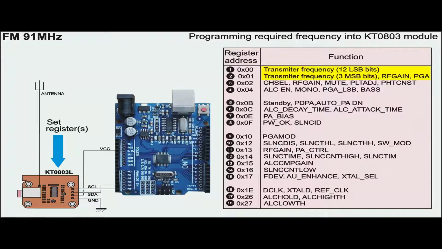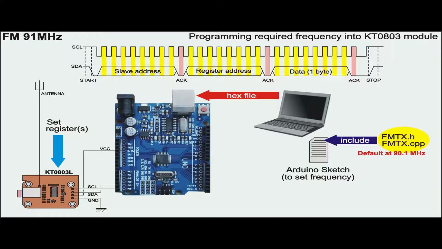Inside the KT there are 18 registers whose data can be changed by the user. For example, changing registers 1 and 2 will change the transmitting frequency. Each register has a default value so that a lazy user does not need to write a complex sketch. In other words, just use the manufacturer library, and the KT will transmit 90.1 MHz, which is the default,